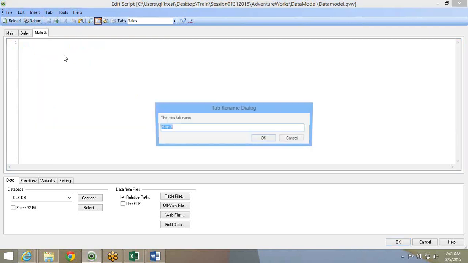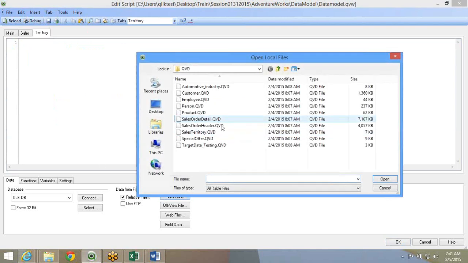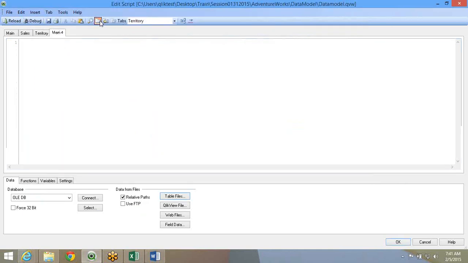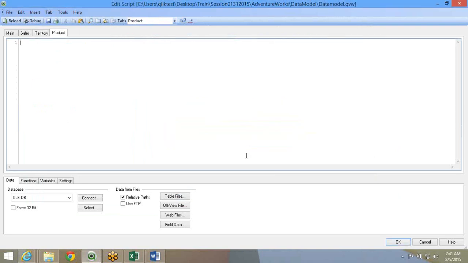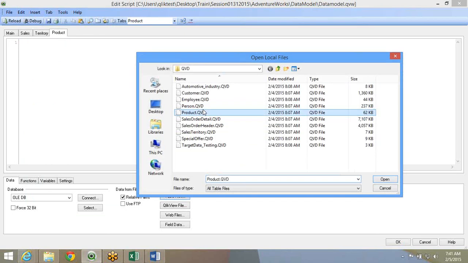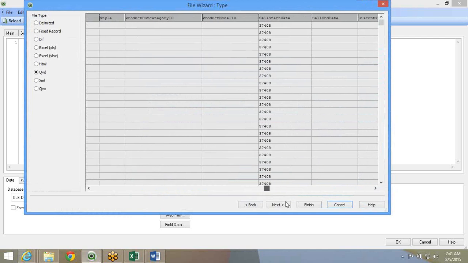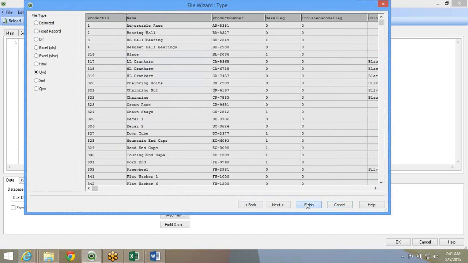Now let's bring in a couple more QVDs. Here you can preview the data, what is there in the data and which fields you want.